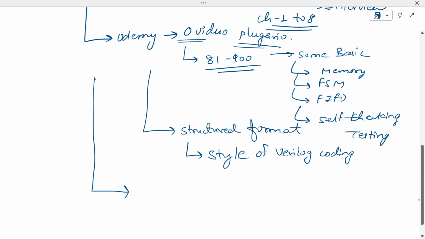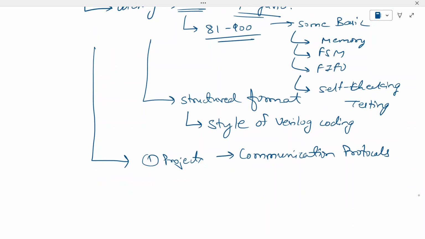After that, if you want more practice, first pick up the projects. It would be better if you can make some projects on communication protocols that are readily available, but you need to prepare one or two, whichever you find comfortable. Then in order to practice your logic building,